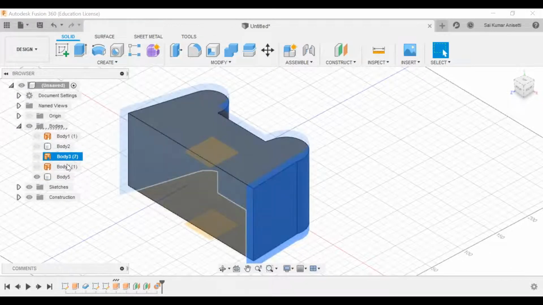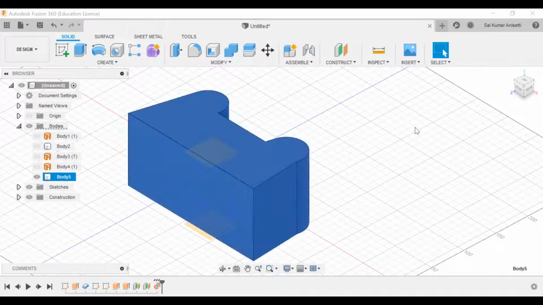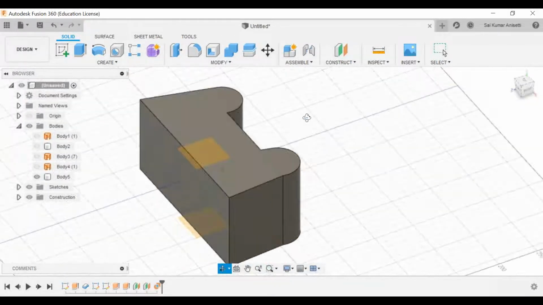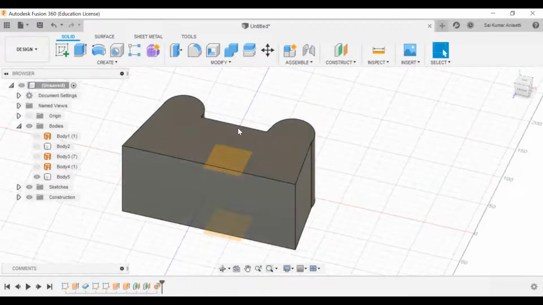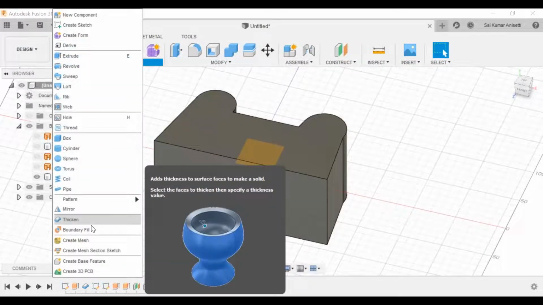These two surfaces will be given as input. He will not give the dimensions of your sketch or anything. Using these two surfaces you need to create a solid body, that is called bodify. That is how you need to do it. This is one type of solid modeling. Your actual product design would be like this. Okay, ma'am, so that is the use of this boundary fill option.